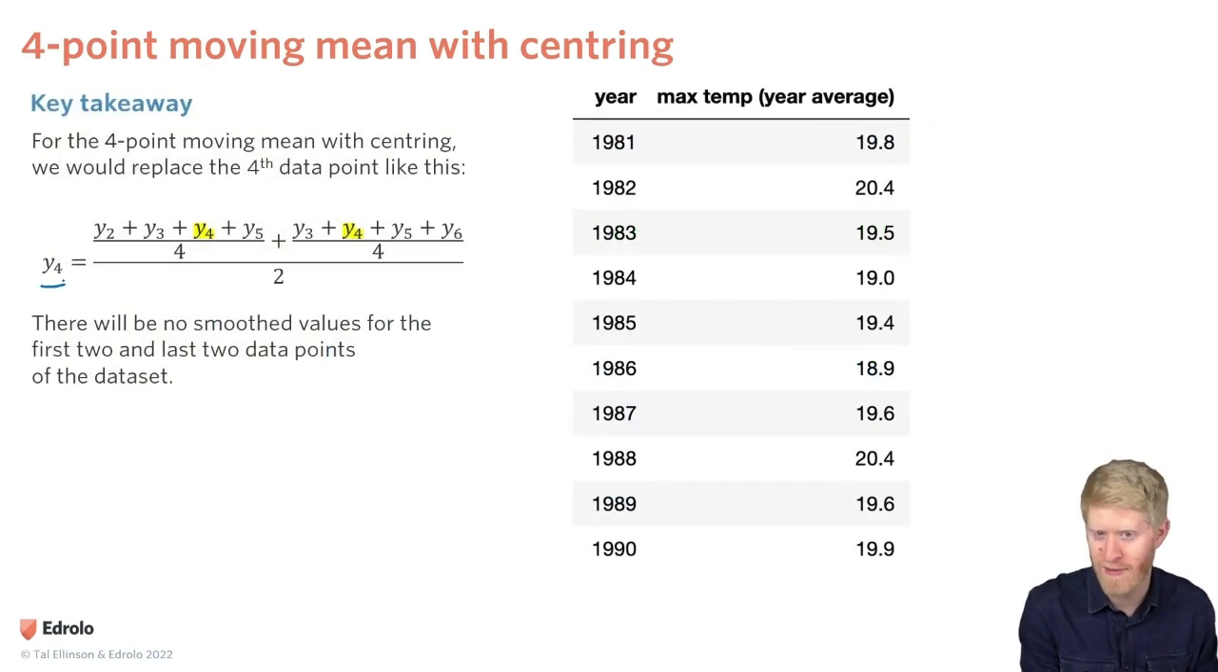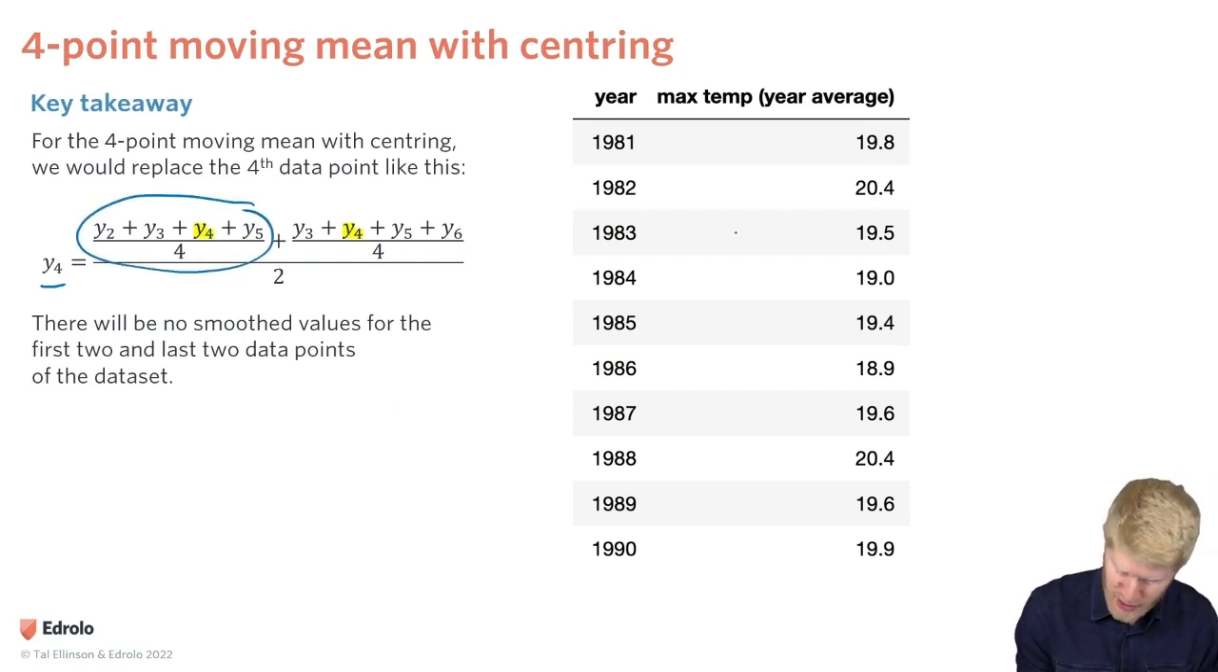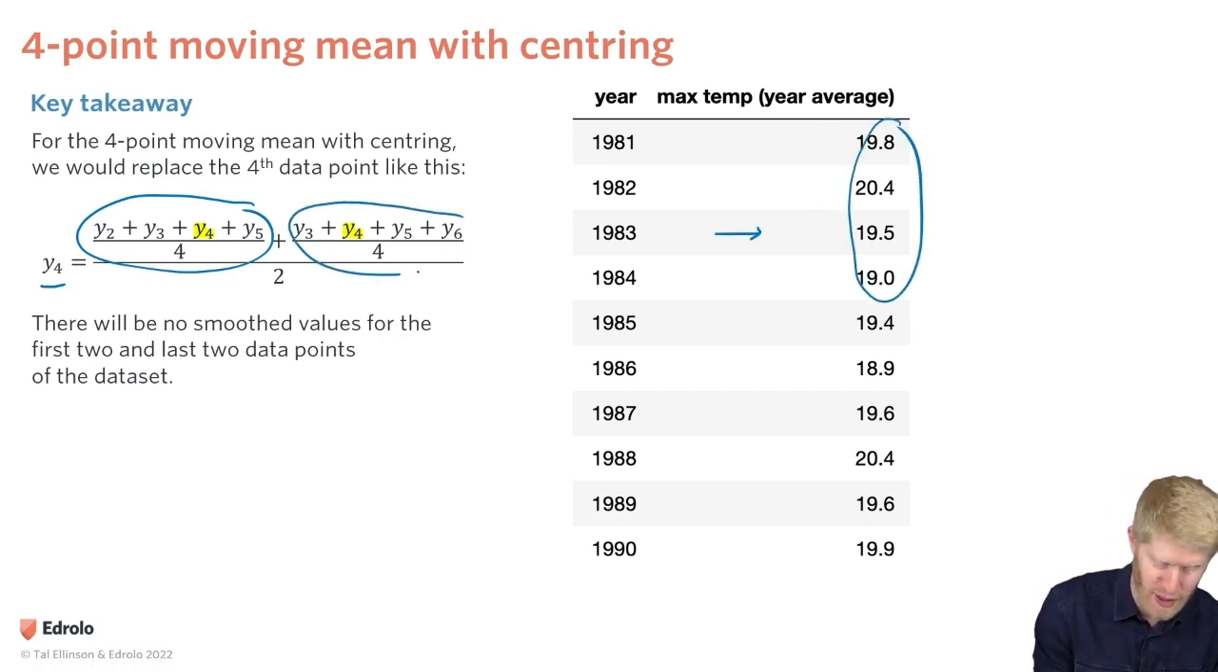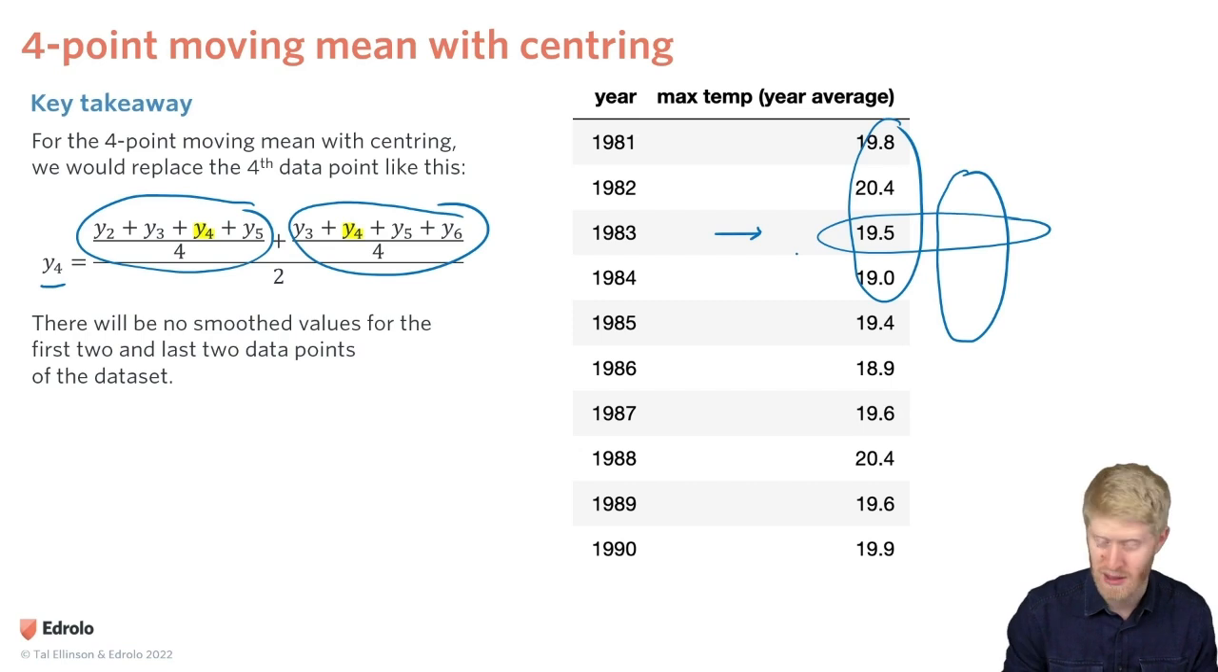All right, and here's a summary of that formula. If we're replacing the 4th point, we take an average of 4 points. Originally, let's say we're replacing this one, our point is the 3rd in the sequence. And then we do another average where our point is the 2nd in the sequence, i.e. that set of numbers there. You can see that this point, the first time it's the 3rd in the sequence, the second time it's the 2nd in the sequence. Then we have 2 numbers, and we average those, and that is our 4-point moving mean